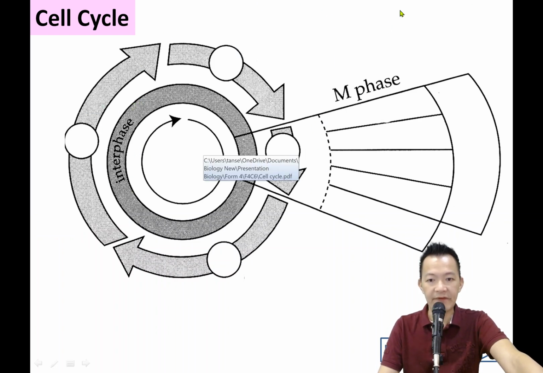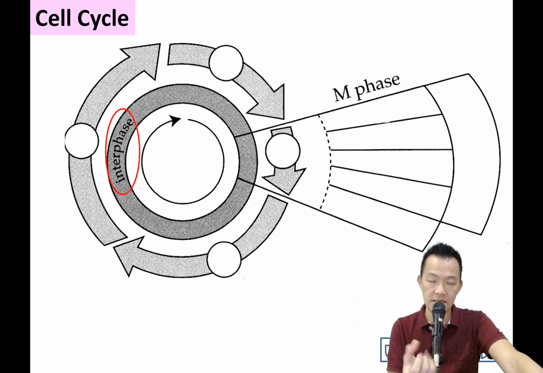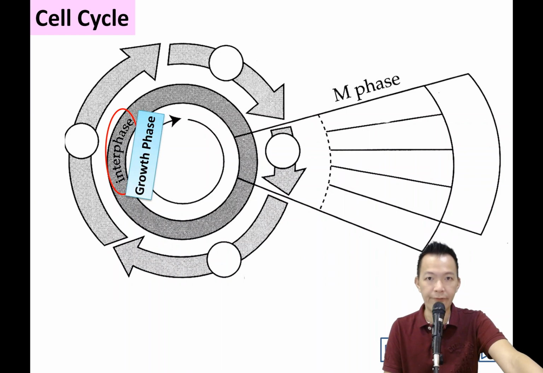Okay? And when we talk about the cell cycle, the whole cycle actually can be separated into two main phases, interphase and M phase. Okay, so interphase, what's meant by interphase? 可以抄在你的 notes. Interphase means grow phase. The cell is growing. 那里细胞正在成长，so we call grow phase 成长的阶段。But when you go exam, you write the answer as interphase. 不可以写 grow phase.